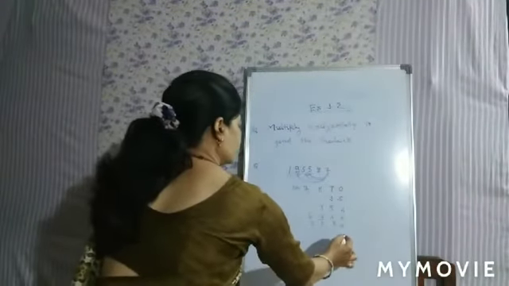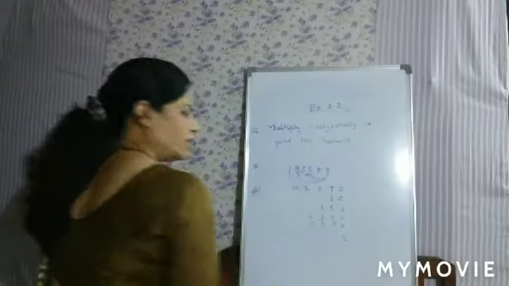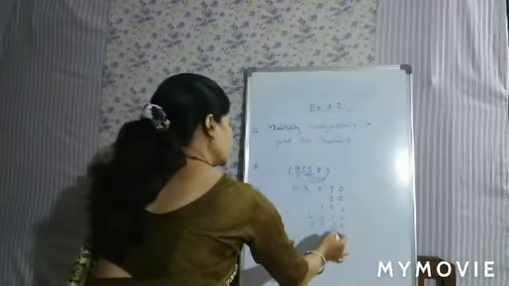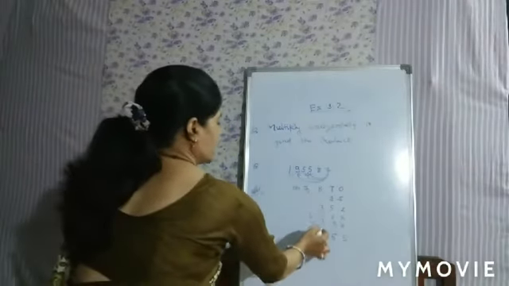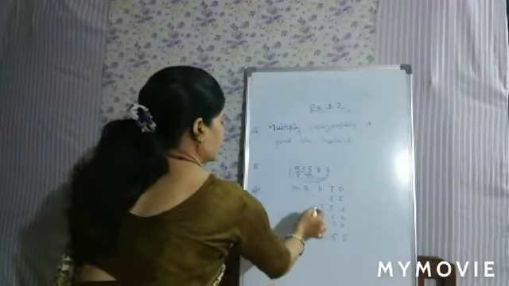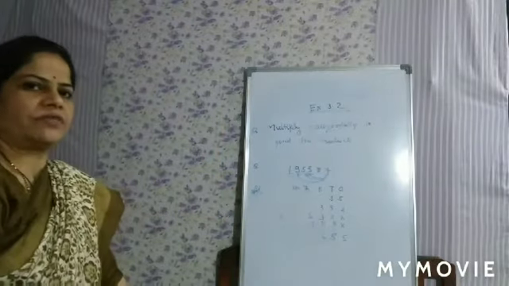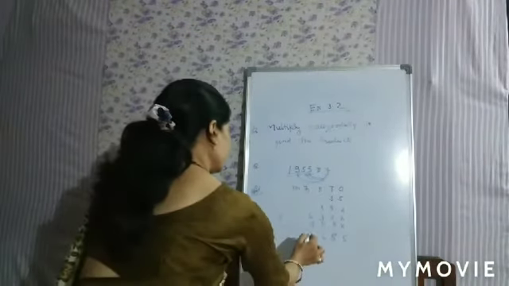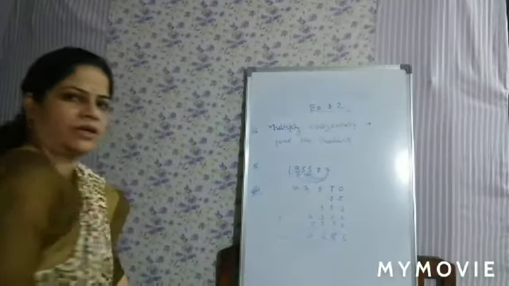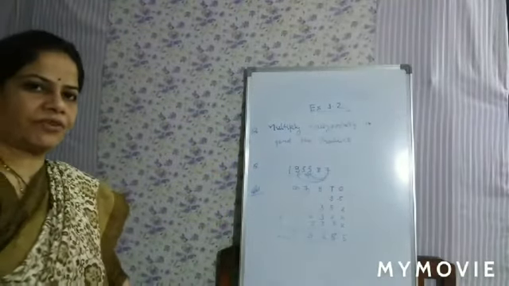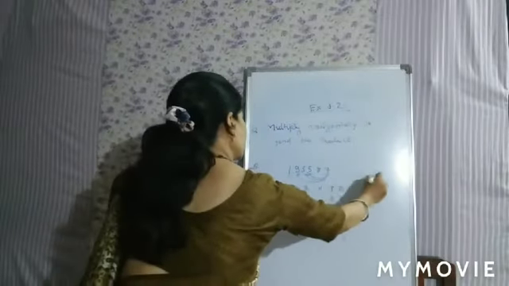So 5 you will get in ones column. Then 3 plus 5 will be 8. You will get it in tens column. 3 plus 3 will be 6. You will get it in 100 column. And 6 plus 7 will be 13. You will get it in 1000 and 10,000 column. So what number will you get? 13,685. So the product is